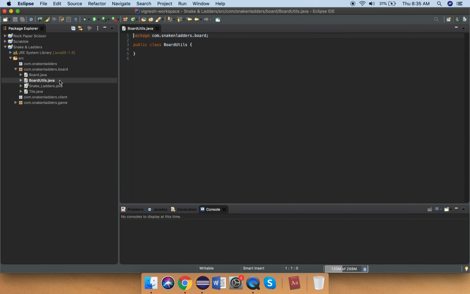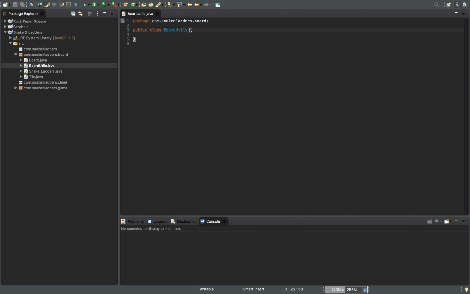We'll first start with board utils because it's much shorter. I don't think it'll come more than 50 lines of code, and it will ease the effort which we can make on the board class. So we'll get started. The first thing we want is, we don't want anyone to create an object of board utils because it's going to be having only one method, and so we must enforce non-instantiability, which we can do by giving a private constructor,